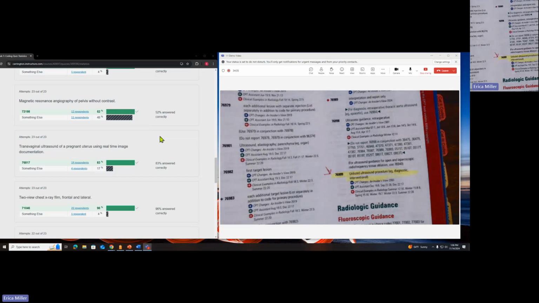So let's start with magnetic resonance angiography of pelvis without contrast. Lots of details here. MRA is your magnetic resonance angiography, and then you've got your anatomic site, and then you've got the detail of without contrast. So from our index, now I believe that this particular procedure